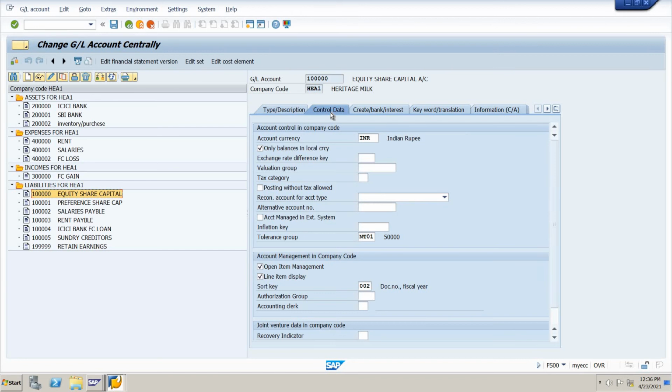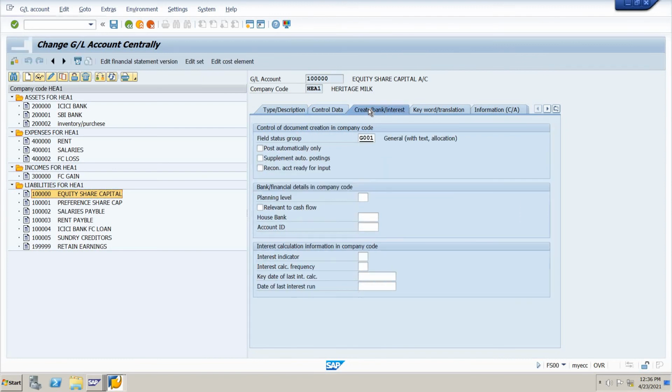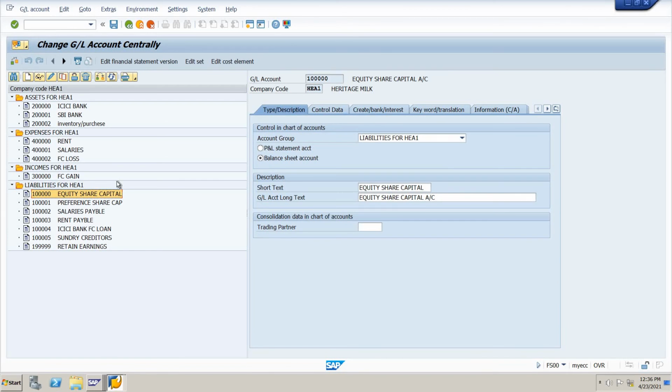And if you go to the control data, INR is there, tolerance group is there, sort key is there, and create bank interest, field status variant is there. So if you are going to create an account related to this liabilities, with equal options under liabilities, then you can choose the copy option and you can create the new account.